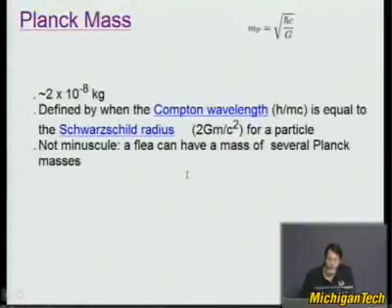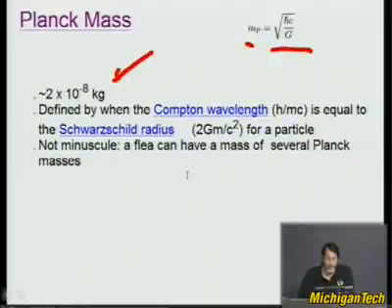Okay, another minimum amount is a Planck mass. If you take your fundamental constants and move them around, you create something called the Planck mass, which is 2 times 10 to the minus 8th kilograms in more fundamental units. So the Planck mass is defined when the Compton wavelength, which is, so you have some mass,